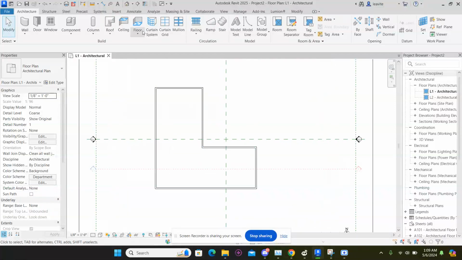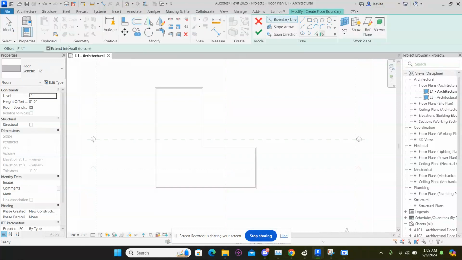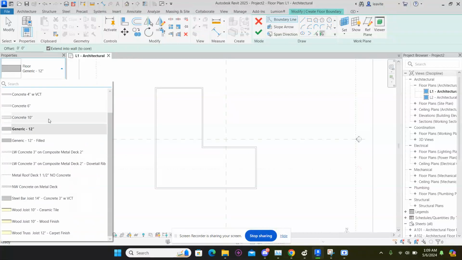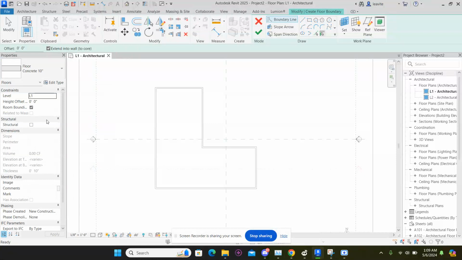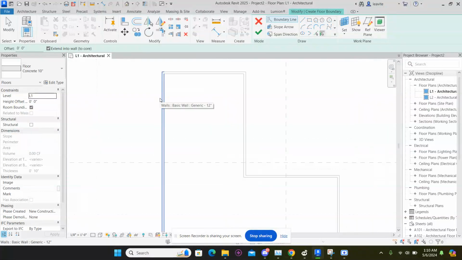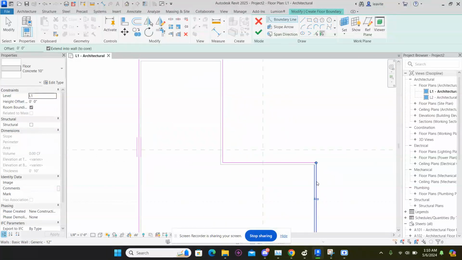Now moving on to the floor. So coming up here again, we have all of our tools. You want to come to floor, hit the floor tool, and of course we have the properties of this floor. It's going to be on level 1, which we want, and we can select between a bunch of different ones. We'll go to concrete 10-inch. And now up here you're going to have the different tools that you can use to make this floor and pick the boundaries of this. But it's going to automatically have pick walls, which is what we want right now. So you're going to select the walls that you just did, and it will automatically create the lines around your